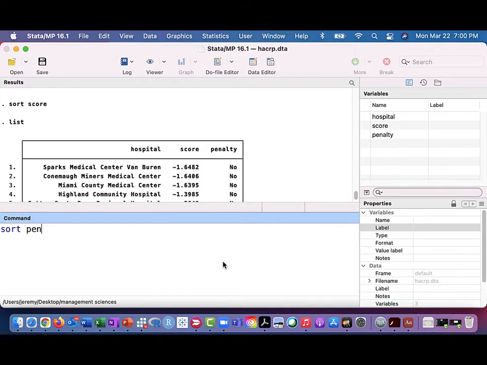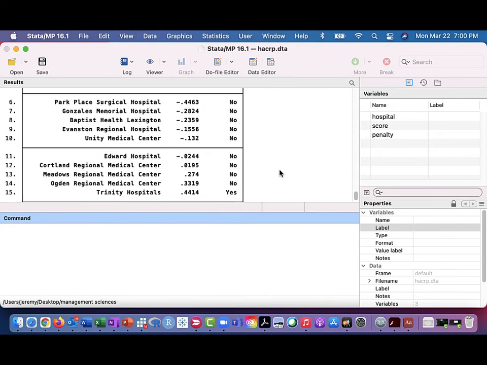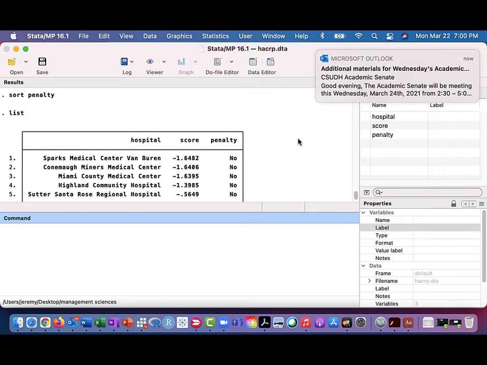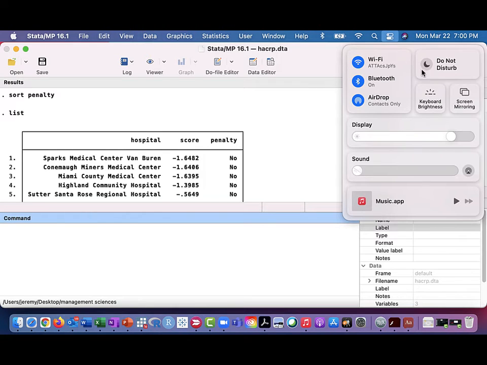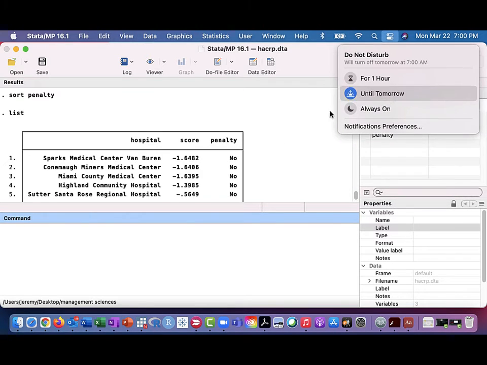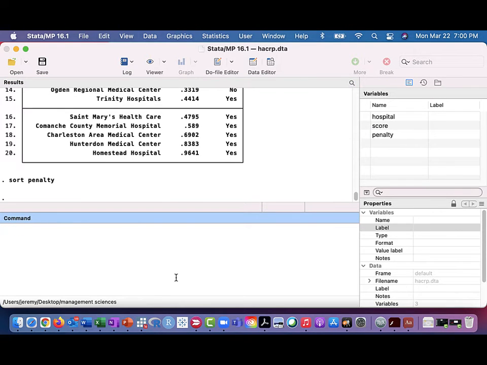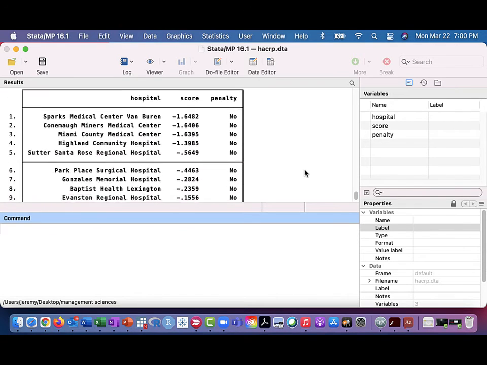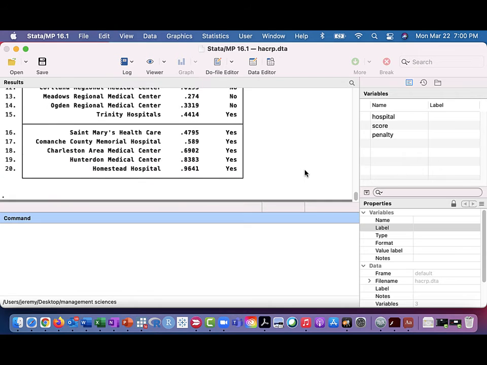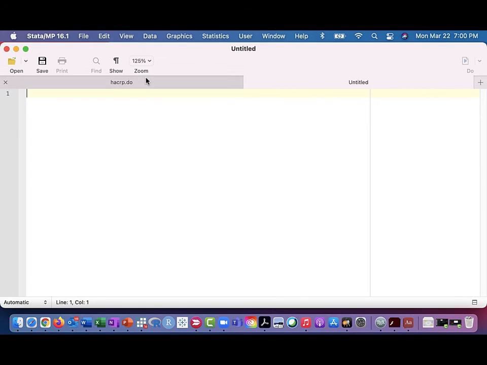And then in the group assignment, I'll refer to the case study in the book on the hospital-acquired condition reduction penalties. You can see my notification there. Just let me close that. So now they're sorted by score, right? So negative scores are really low. That means that's not a problem. No penalty for those. Remember, sorted by penalty now, so no. Yes, so they're alphabetized by penalty. No comes before yes because N comes before Y in the alphabet. But then